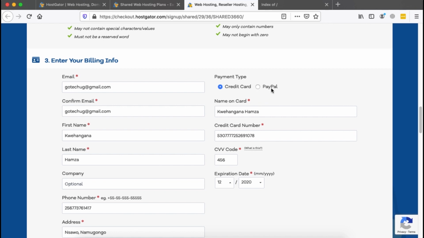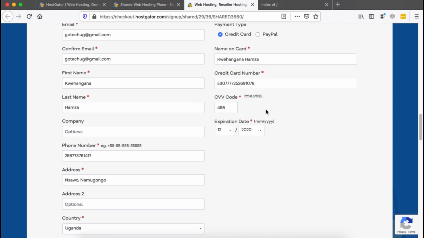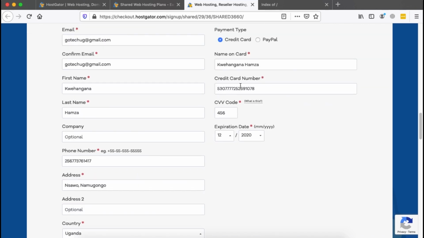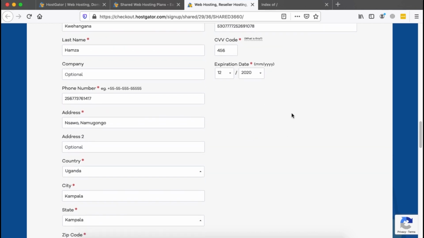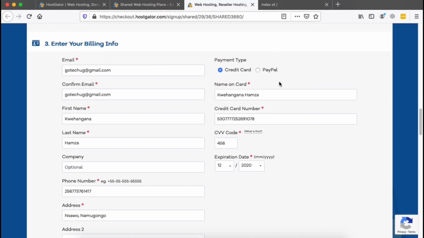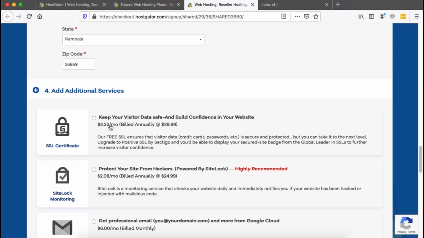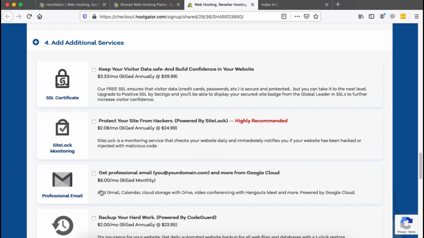And on the other hand, if you're going to use PayPal, you can simply click over here and then you enter in your PayPal email account, and then here you enter in your card details. Don't be worried about this, because once this tutorial is done, I'm going to deactivate this account. Once that is all done, you enter in your address details, and then here on the additional services, make sure